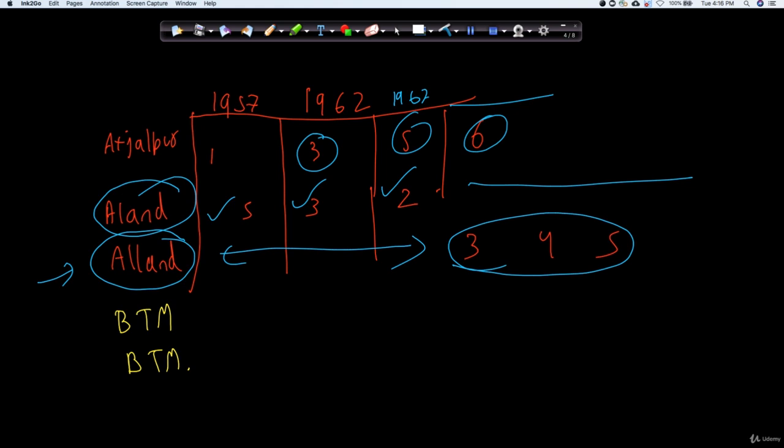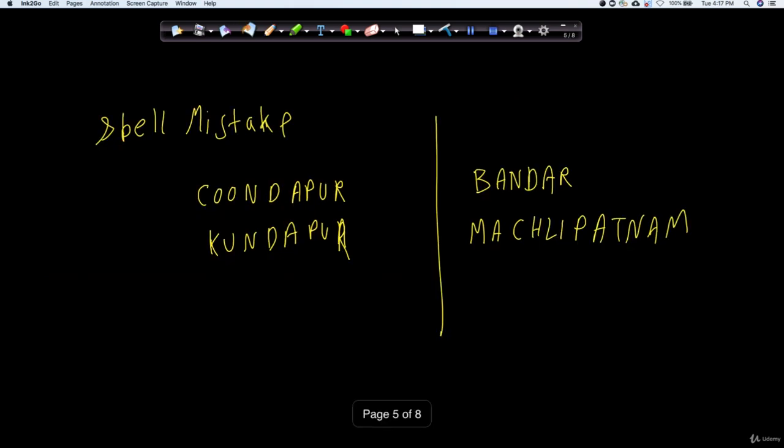A second example I can show you is another constituency where one was BTM and the second was BTM with a dot. So that was again coming up as a different name. One good way is that you can go ahead and merge whenever you see a misalignment like this. You can merge both of them, treating both constituencies as the same. But there are some challenges, like sometimes it's not so easy to understand whether they are the same constituency or not.